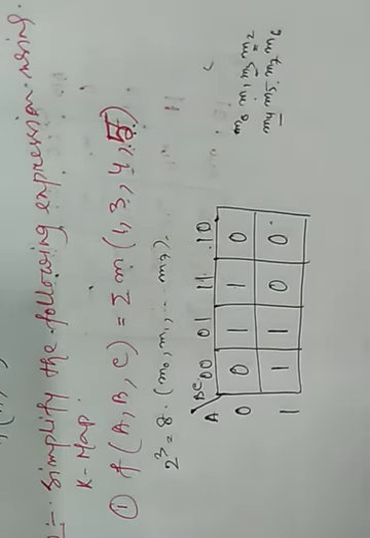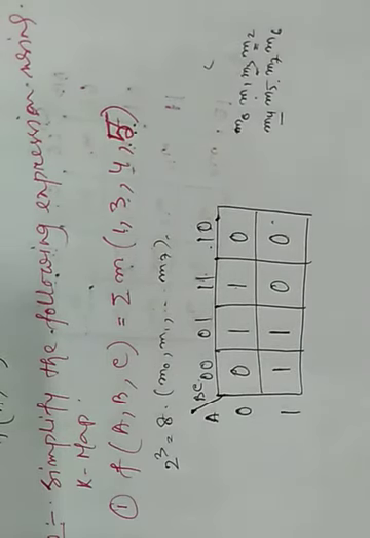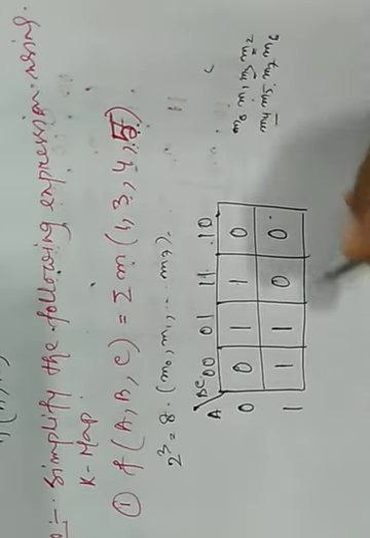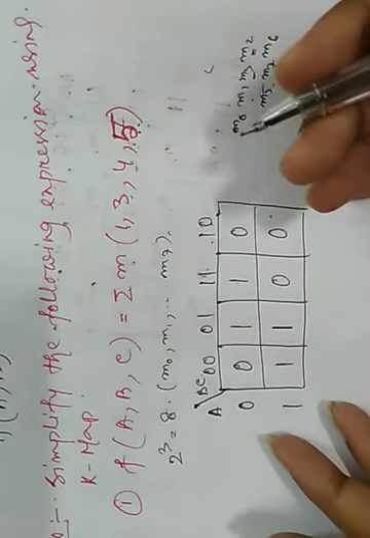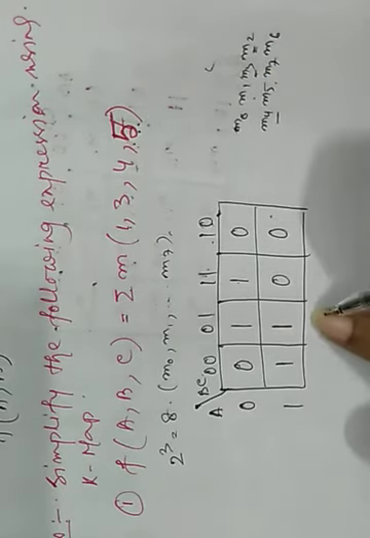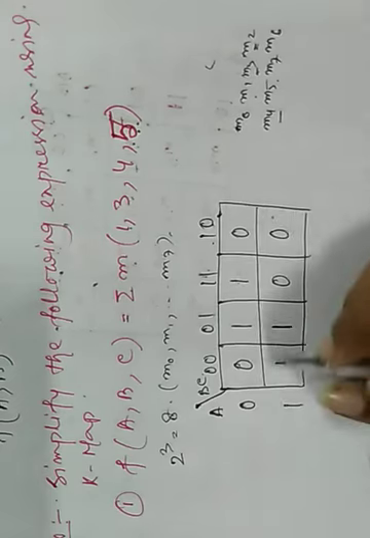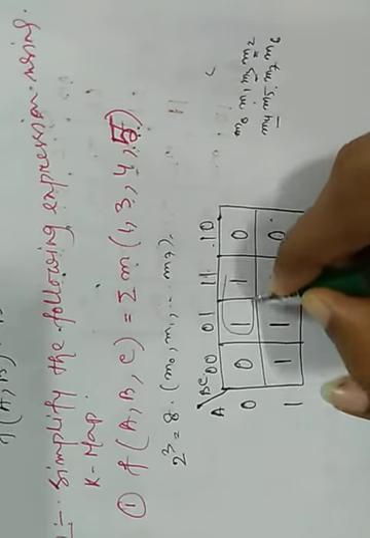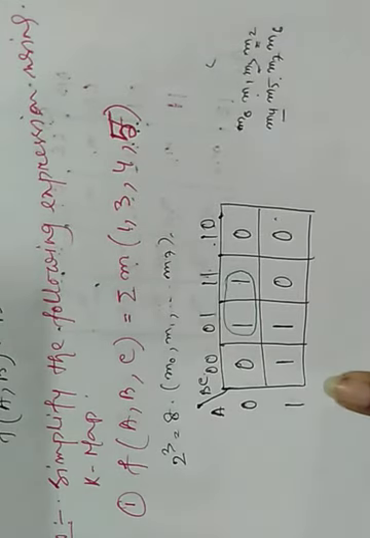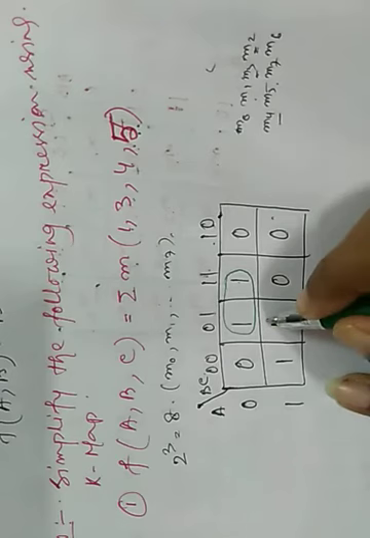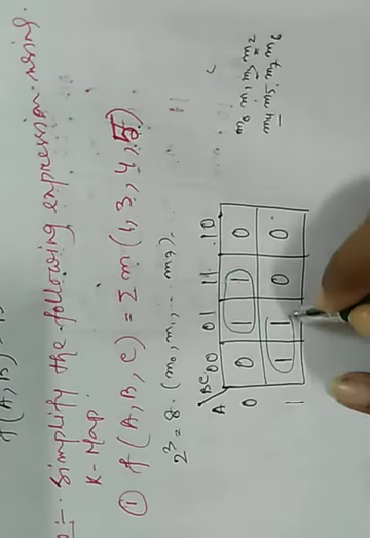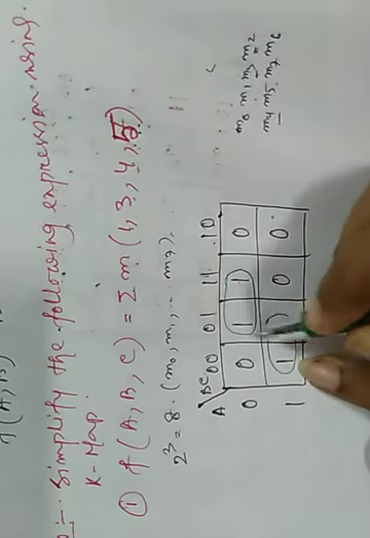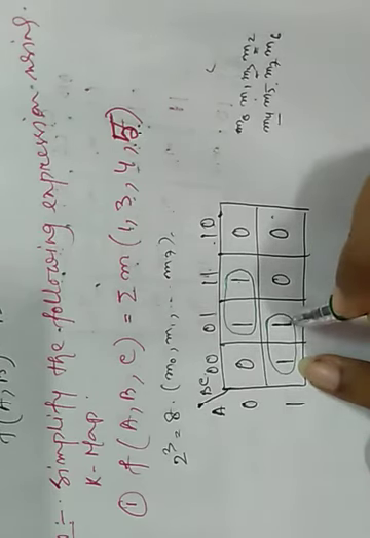Clear? Now what do we know? We know that we have to combine all ones. So at first we have to try to combine the maximum number of ones. Here we can't combine 4 ones in any way, so we have to combine 2 ones separately. So you combine this one, this is one combination, okay, and this is another combination. So all the ones are covered, so we don't need to draw another circle.